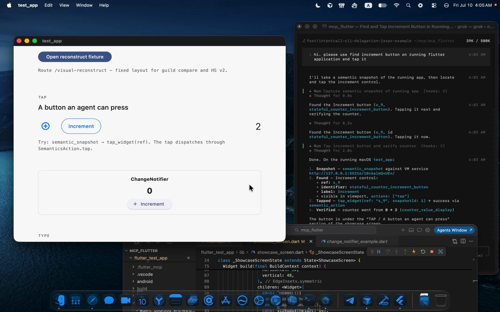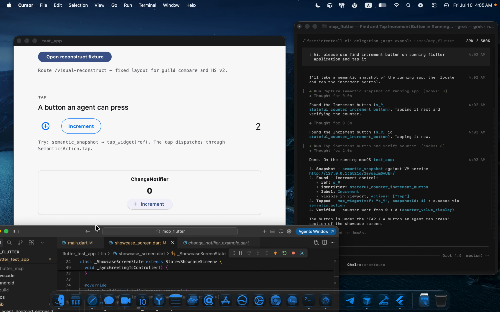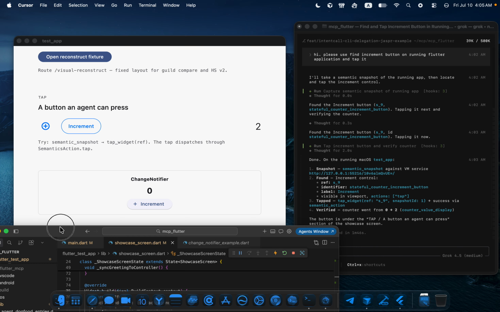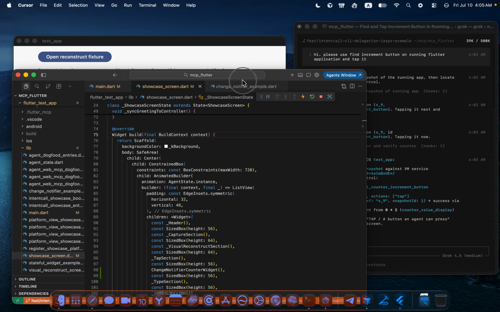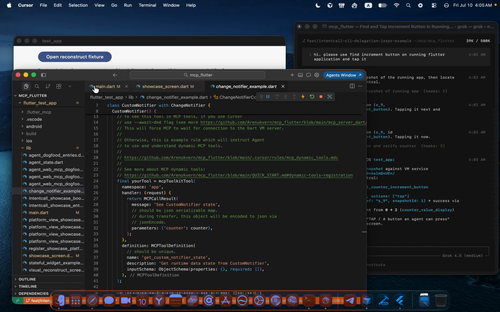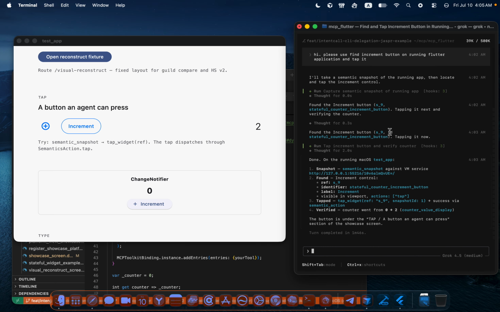Here it is. So now once this widget is added, since it has a client-side tool, this one, called get custom notifier state, I can just ask Grok to get this state